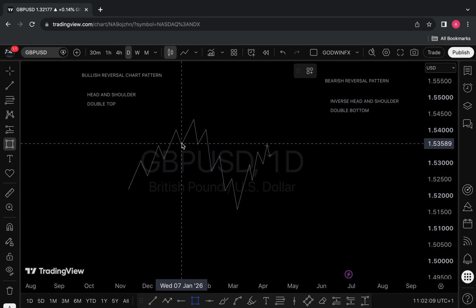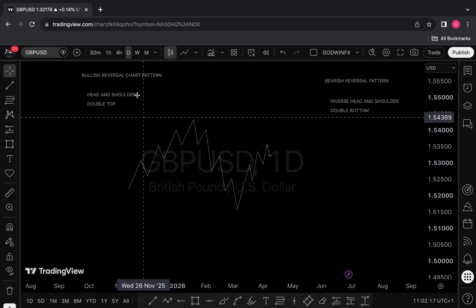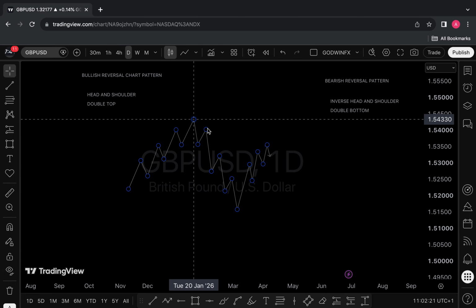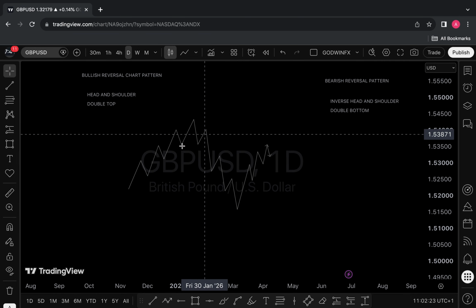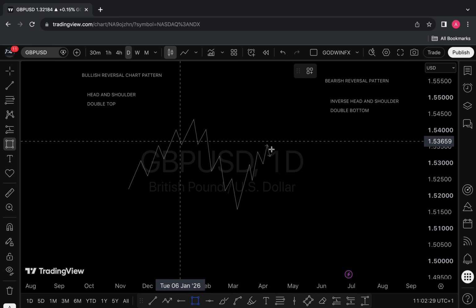Now, let's go deeper into chart pattern. Now, this chart pattern, I said it is head and shoulder, right? So this is our left shoulder, this is the head, and this is the right shoulder. Now, this is the neckline. So now let's mark out the neckline. This is the neckline,